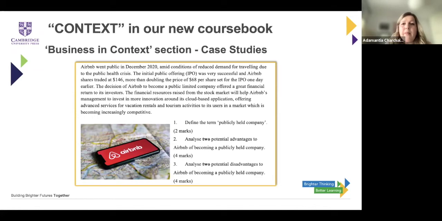Case studies. There is a plethora of case studies. Some of them are written in a local context. Others are written in an international context. We refer to small business organizations, big business organizations, famous business organizations, or small local ones. In this example that I'm giving to you, there is a case study designed on Airbnb, which went public in December 2020. Right below, after each case study, there are many of them, 3 to 5 in each unit, there are exam-style questions for more and more practice, as we said before.